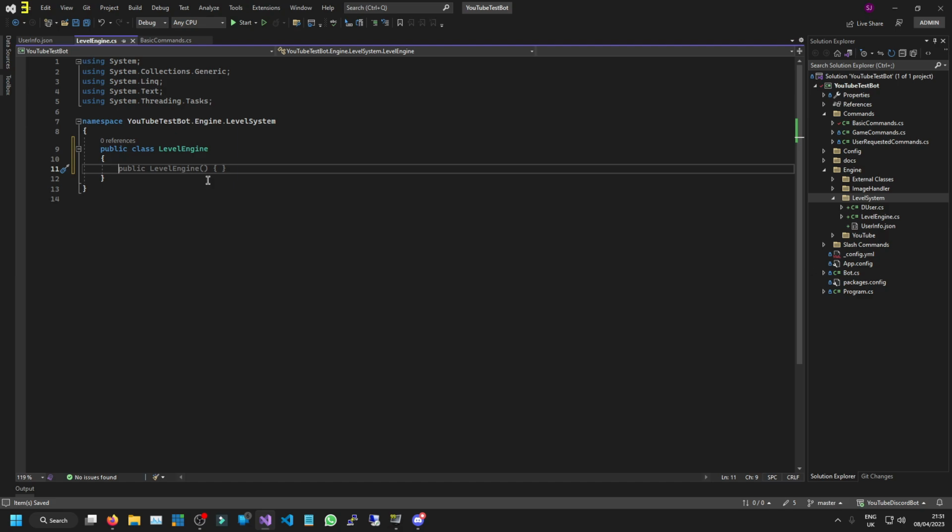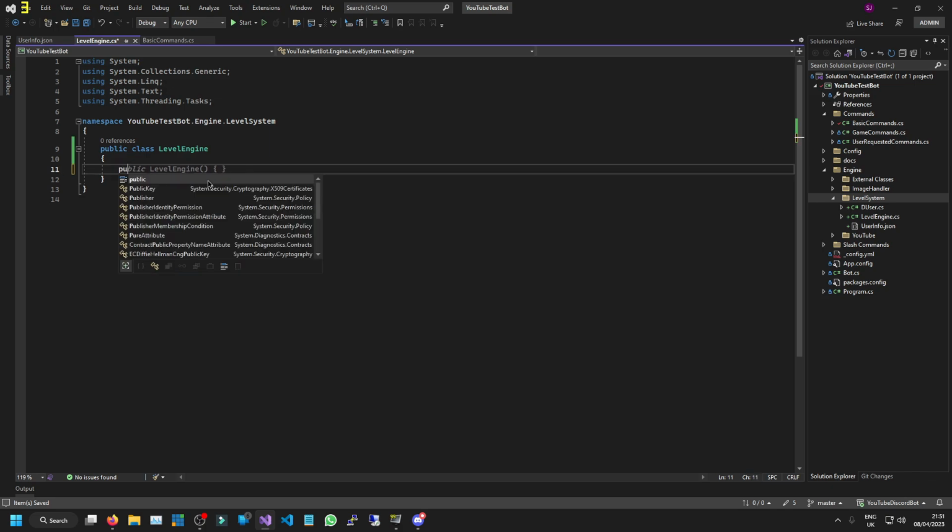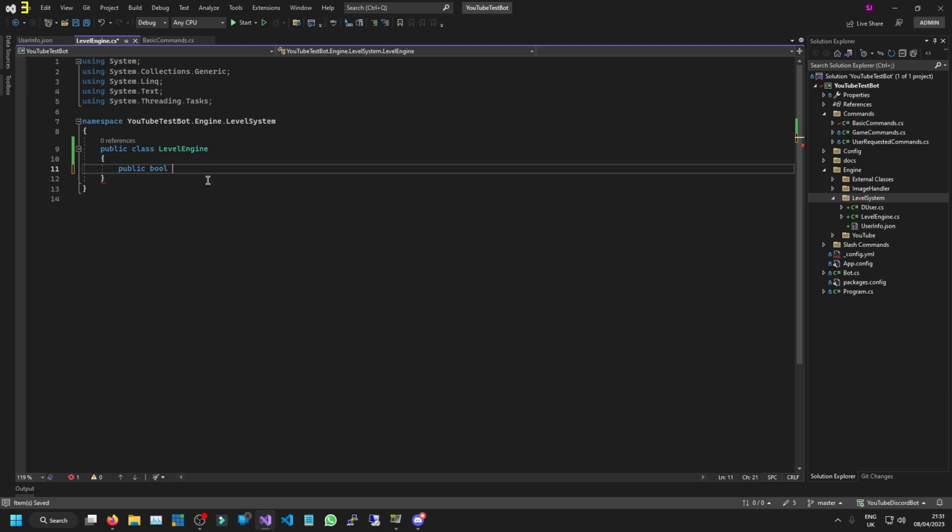Alright, so first of all, let's do the storing method. So what we're going to do is make a public and then a bool. So this is going to return true or false, and we need it to be bool so that we can check for errors, because if it failed to store in the file for some reason, we don't want the whole thing to crash. So that's why we want the return type to be a bool, so that we can check if it returned true or false, and then we can do error handling to make sure that the whole thing doesn't crash. So let's name this store